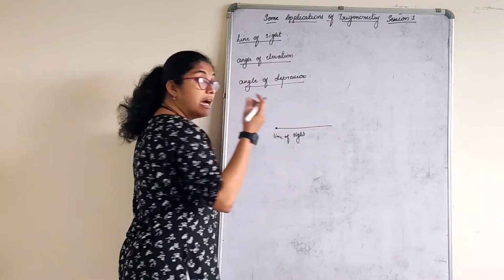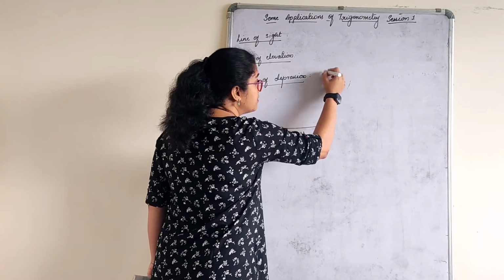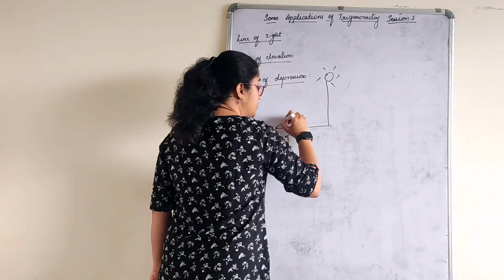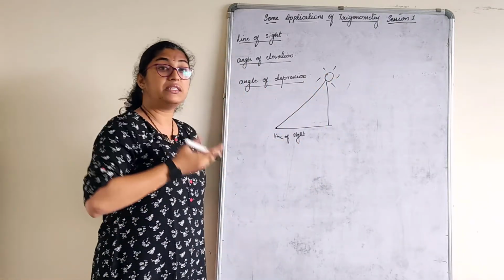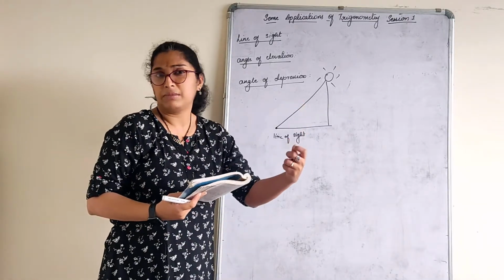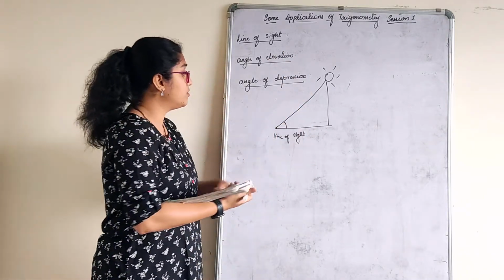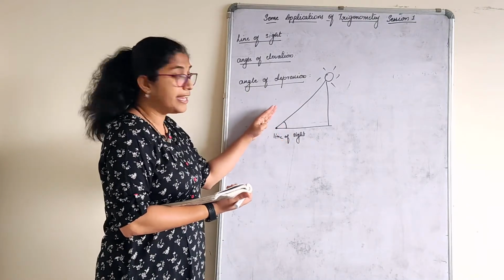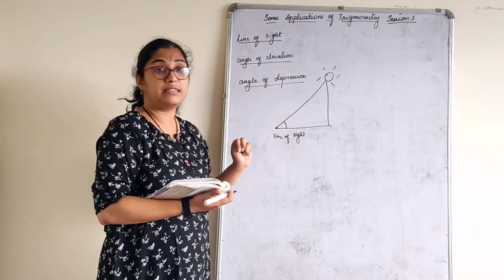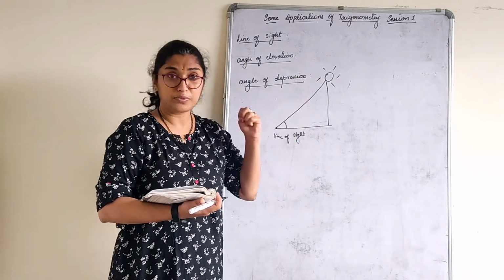Assuming the sun is here, and this is perpendicular with respect to the ground, the observer looking at the sun is raising his head to look at something. We say elevate your legs and sleep sometimes, right? That is to raise it. So the angle made by an observer when elevated to look at the sun is called the angle of elevation. In the definition the sun will not come, but I am giving an example.